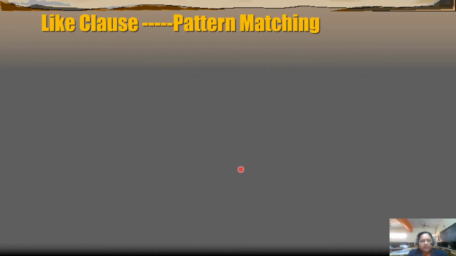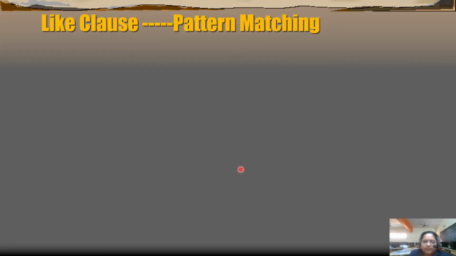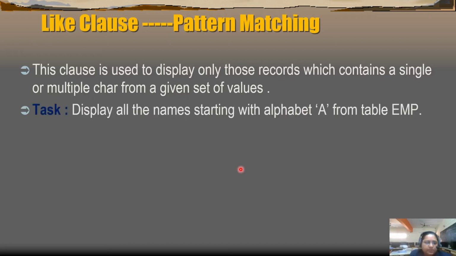Next, like clause, that is pattern matching. Although I have already given you a small introduction of pattern matching in the previous class, today I'll be taking the discussion a little further. This clause is used to display only those records which contain a single or multiple character from a given set of values.